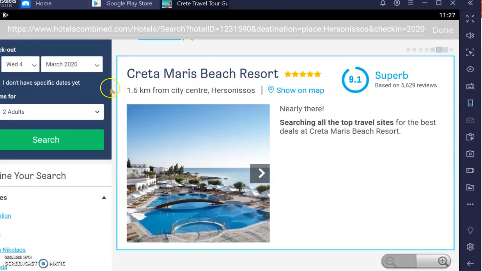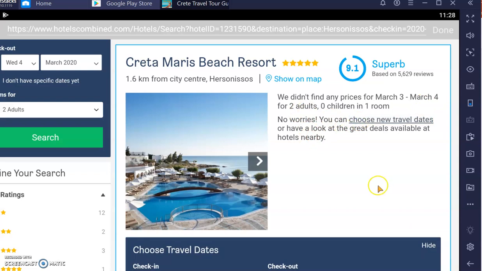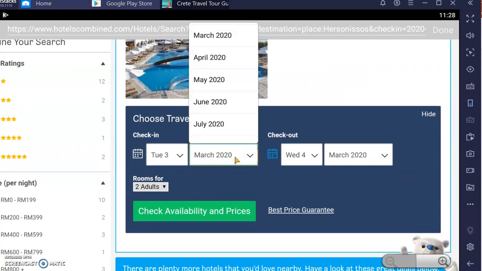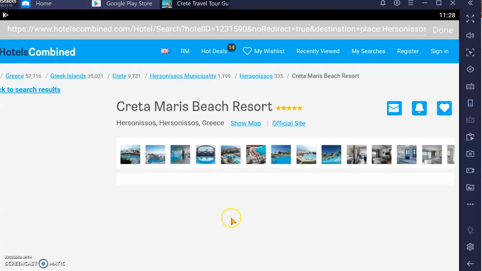Now here it shows me further, telling me not to worry, because it said we didn't find any prices for March 3 to March 4 for 2 adults. So I have to choose a new travel date. Let's click on it, and then I tap on April. Okay, let me tap on check availability and prices,